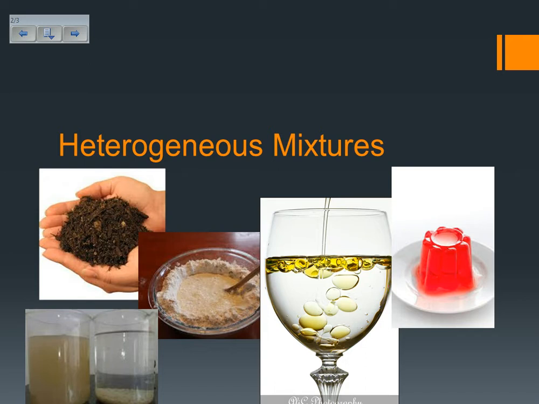So realize that mixtures, heterogeneous mixtures and homogeneous mixtures, as the case may be, can come in a lot of forms. You can have solids mixed with solids, like in this case where we have soil, and we can have solids and liquids mixed together. In this case, this is like pancake batter, and we can have liquids and liquids mixed together. So there's all sorts of different types of heterogeneous mixtures. Let me show you one